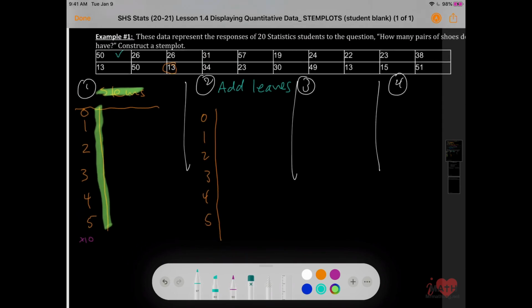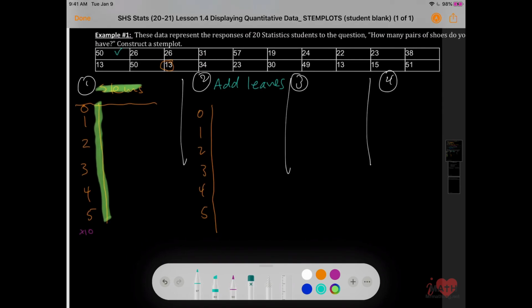Super important because you don't ever want to miss out on a number. So there's 50. 26, 26. Pay attention. You're not writing the 2, you're just writing the 6. Because this represents 26. Now if I write another 6 here, this does not represent 266. That represents 2 digits in the 20s. There is 31, 57,